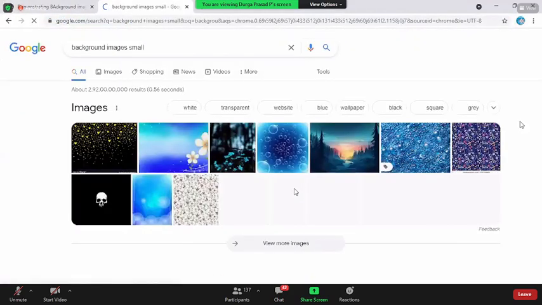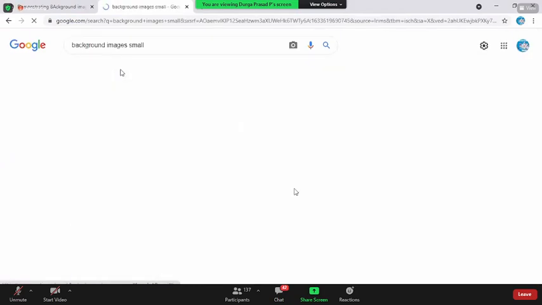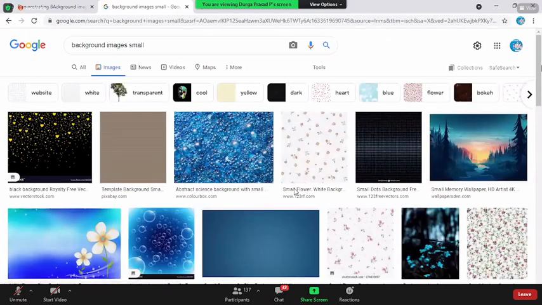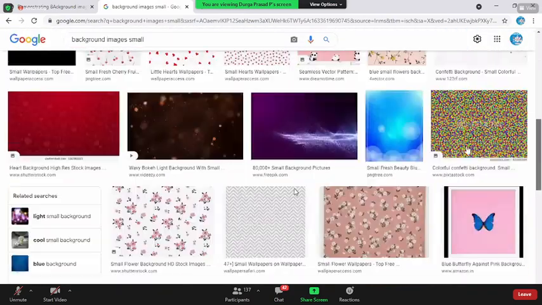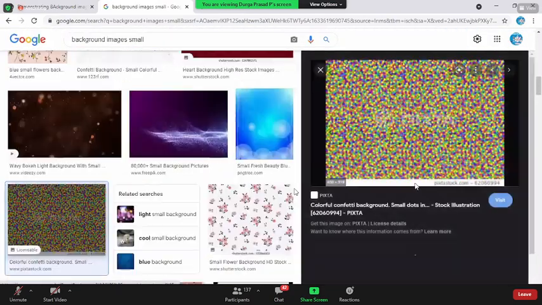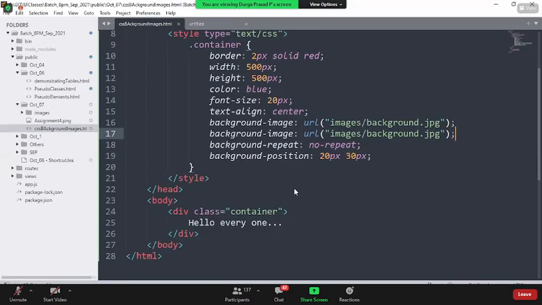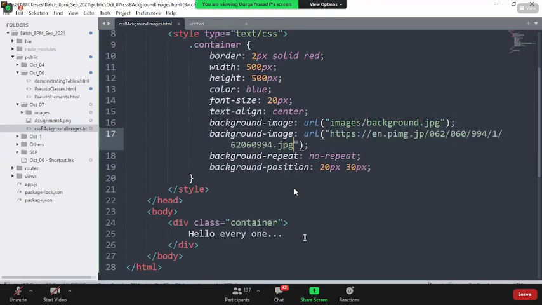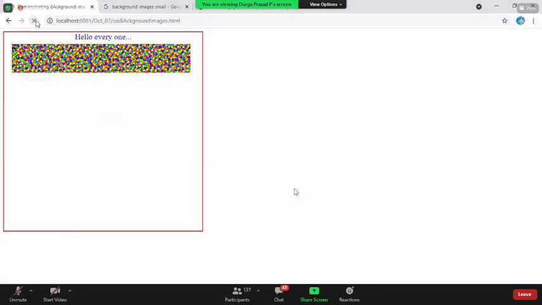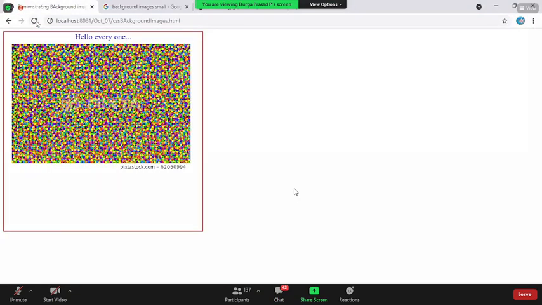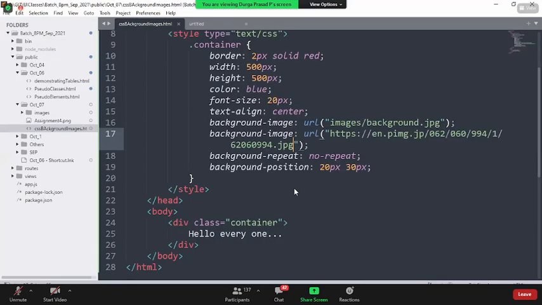So let me add it. What his question is, he wants one image on the top of another. Let us see whether it is happening or not. Let me go with a different background image, open the image in a new tab. Right now, I have a background image here, and I'm simply adding this one right here, another background image. Now, if you come back and reload, what happened to the first image? Gone. Using CSS2, it is not possible to add multiple images at a time.